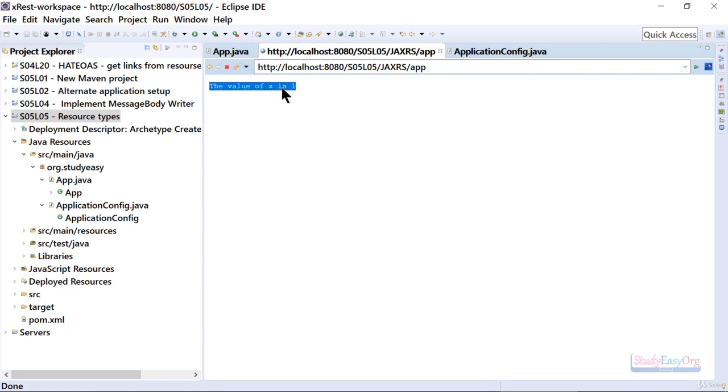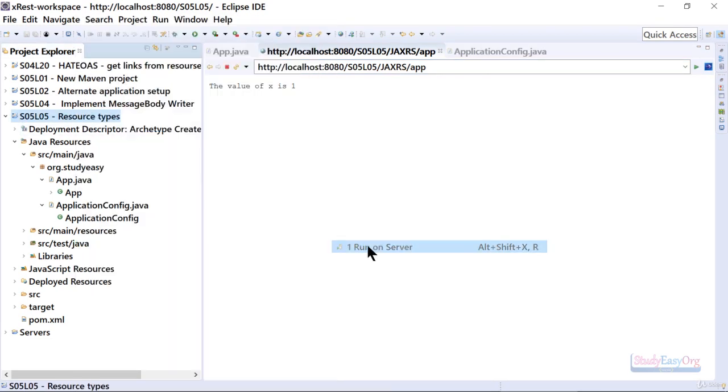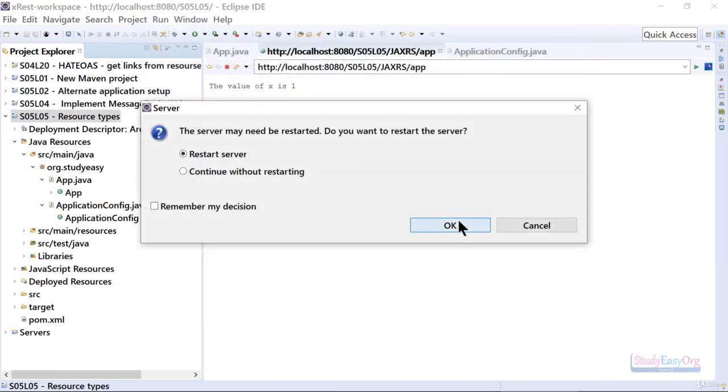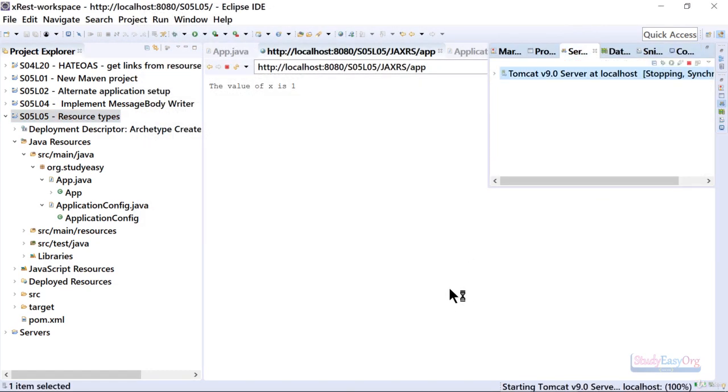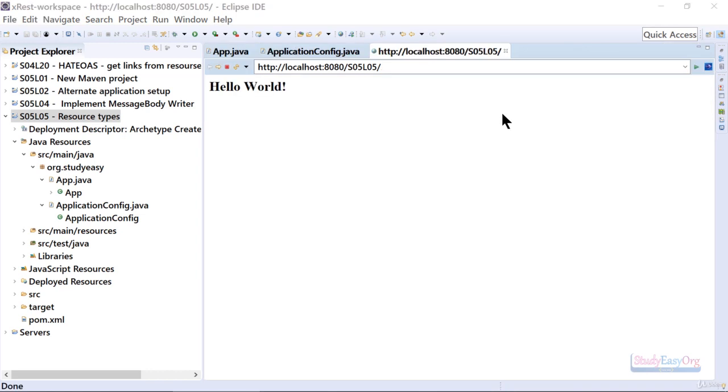Let me retry. Here is the output. The value of x is 1 because I have refreshed the page once. Let me retry it once again, but again the value of x is only 1. There is no change. Even if I restart the web server, even then the output would be same. Alright, so the application is up and running, and for example we navigate to jexrs. The value of x is 1, and even if we are refreshing the page, the value of x is not